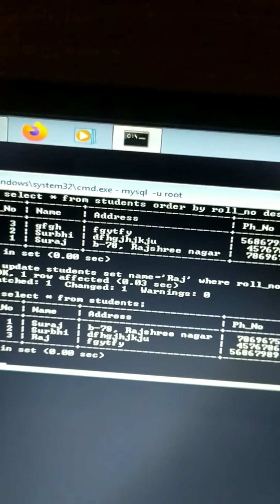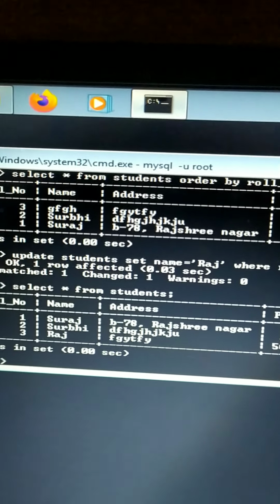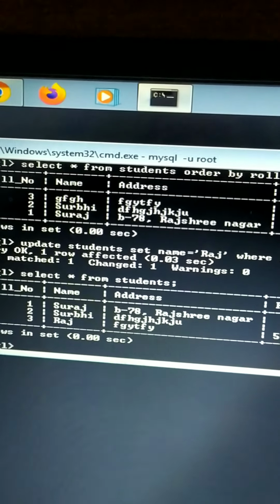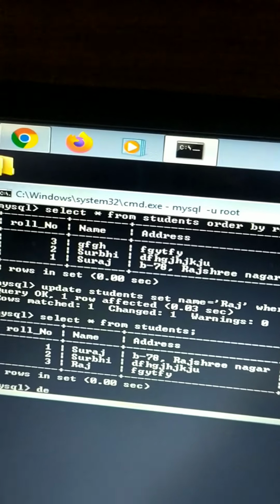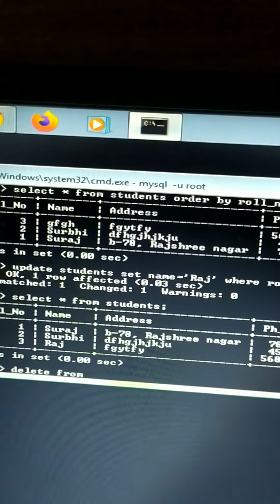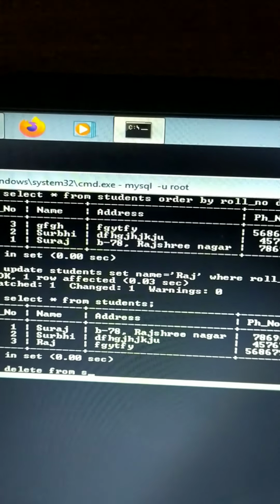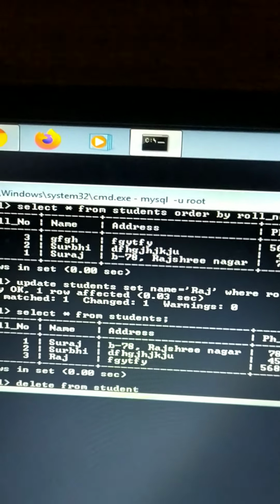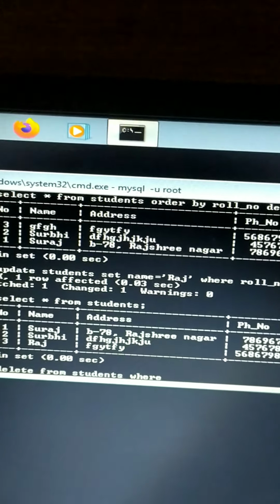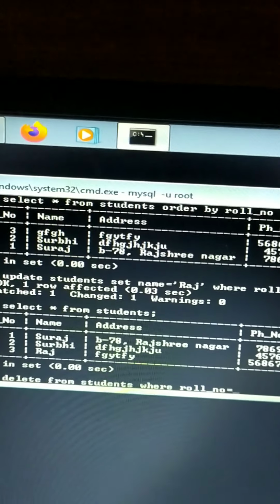Now suppose roll number 2 has left the school, so I want to delete his record. Roll number 2's record I want to delete. So which command will I use? Here we will use the delete command. So delete from students where roll underscore number equal to 2.